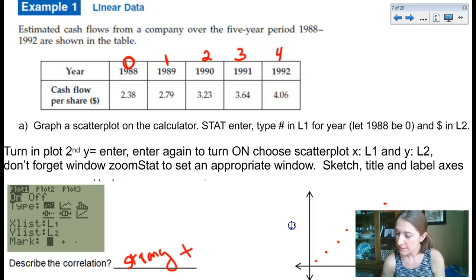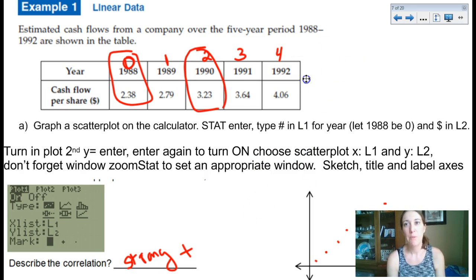Next question says, let x equals 0 represent 1988. Write an equation of the line by hand. Oh, I didn't do this yet. All right, so they want us to use 88 and 1990. So using these two ordered pairs, they want us to